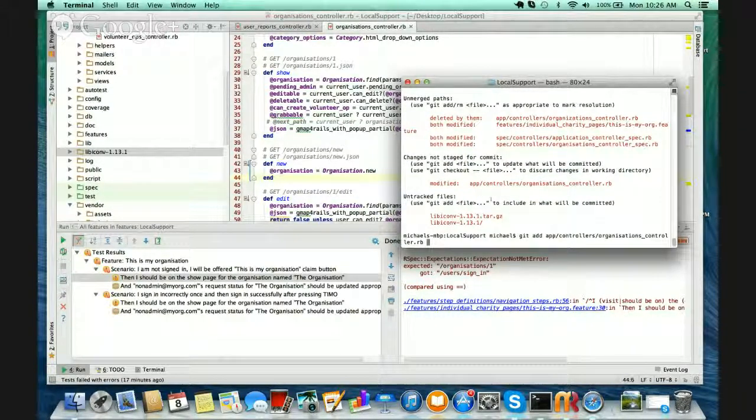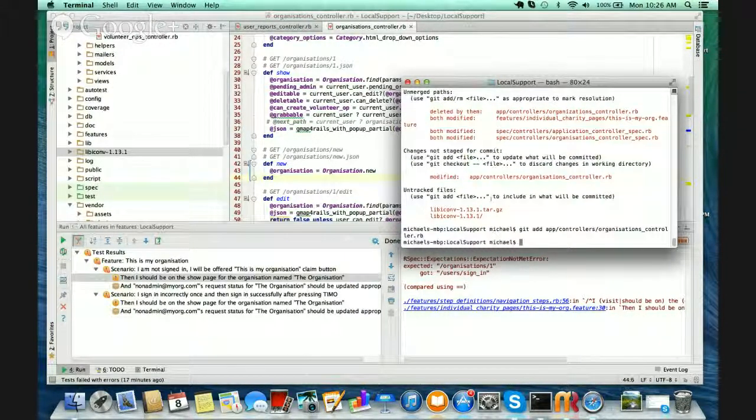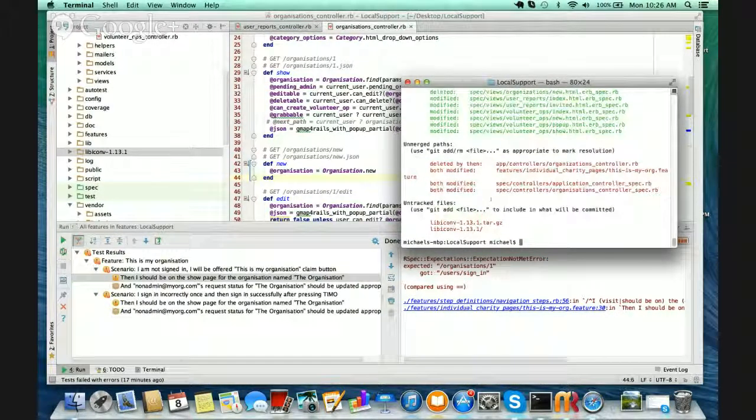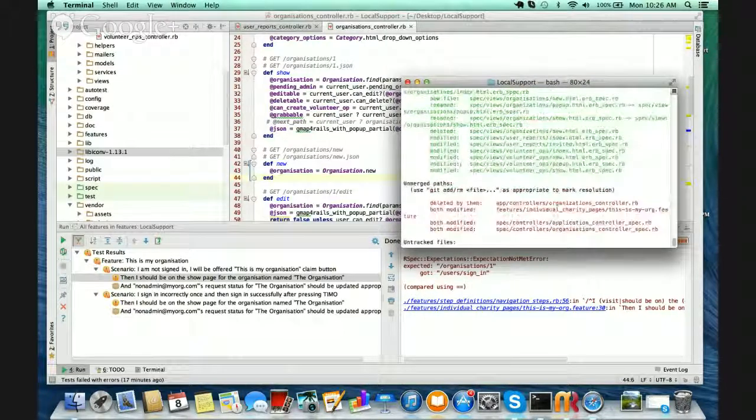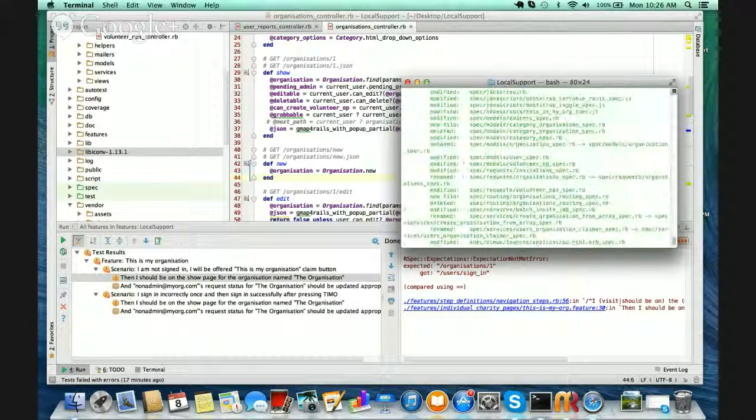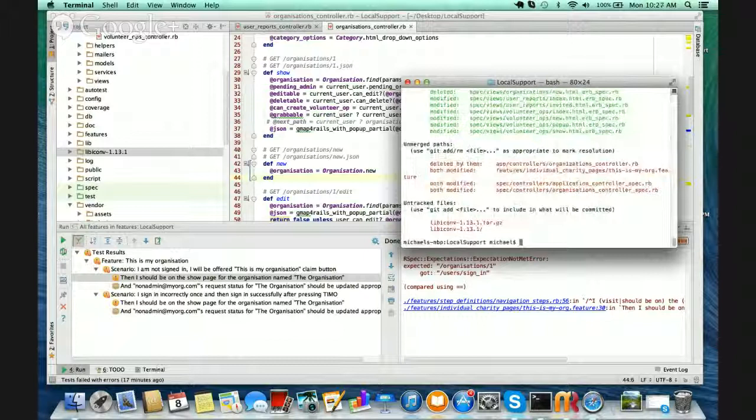Try that. I guess you've got them unmerged. What does git status say now? Is that still deleted? I think you may have to git add all of those individual unmerged paths.